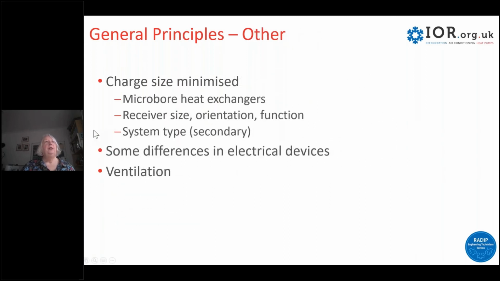Other principles that we follow when we're designing flammable refrigerant systems is that we minimize our charge size, for example, by using microbore evaporators and condensers, by making sure that the receiver size is as small as possible, orienting it so that it's vertical rather than horizontal, possibly using it not as a liquid receiver, but as a different type of vessel. And then also we use secondary systems much more with flammable refrigerants rather than primary systems to reduce the